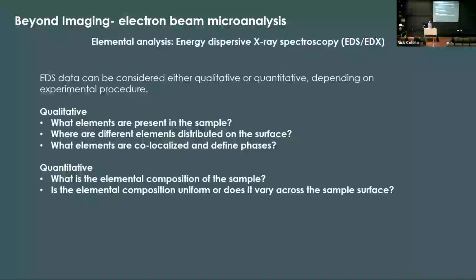There's a couple of different things that we can do. We'll see some of the different types of data that we can generate, but we can also think about this both in qualitative terms and quantitative terms. Qualitatively, we can use EDS to figure out, okay, what elements do I have? Where might they be localized on the surface? How are they interacting with each other? So, what different phases do I have, not just what elements are present. We can take that another step further and turn that elemental data into a quantitative result, so I can figure out not just what elements are present, but what concentration they are in, and maybe what compounds I have.